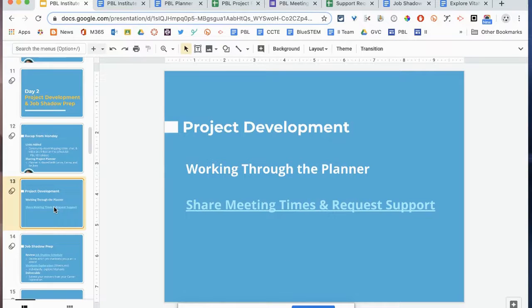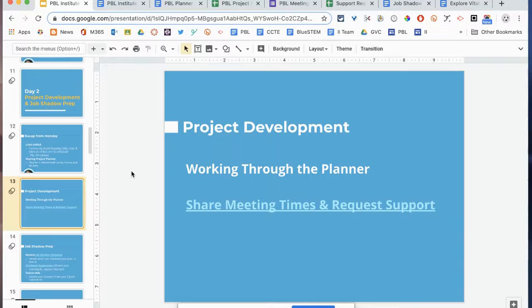Next, we're going to talk about today. Today's focus is project development. On the schedule, when you see project development, it's not like that's the only time you can be doing project development. Really, project development starts in the morning. Your team figures out what you're going to do, and then you move forward throughout the day with your team doing your project development. The schedule, again, is really a suggested schedule. It's not set in stone like you have to do this at 12:30. It's a suggestion. It's just giving you an idea of the things that you need to accomplish throughout the day.